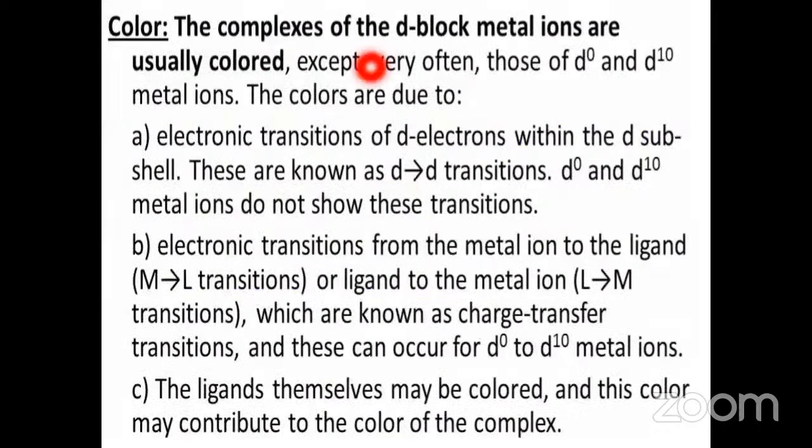Then, d0 and d10 metal ions do not form colored compounds. The d0 and d10 configurations do not show color, because there is no electron transition within the d subshell, known as d-d transition. Here d0 and d10 metal ions do not show this type of transition. Then here the electrons